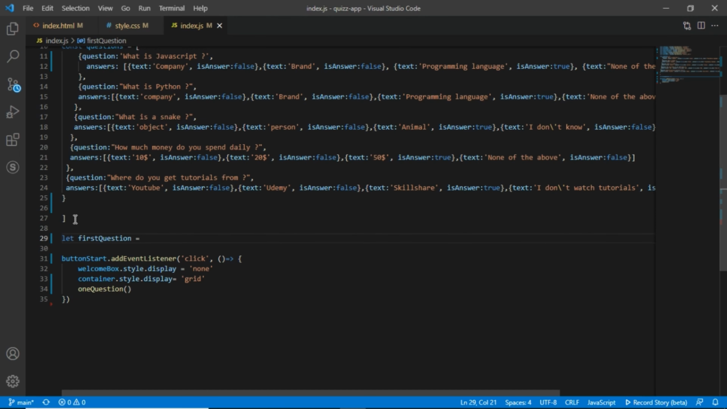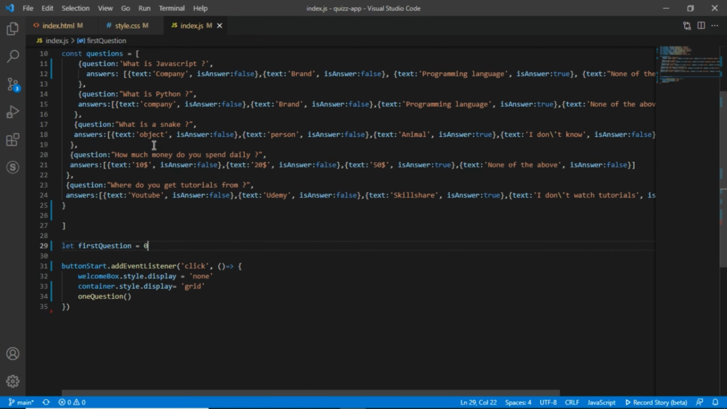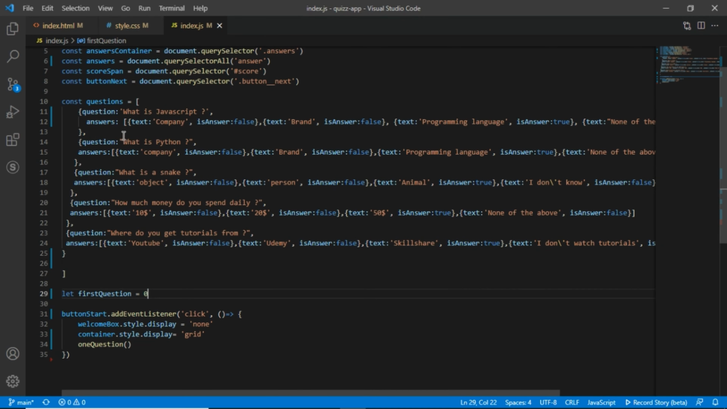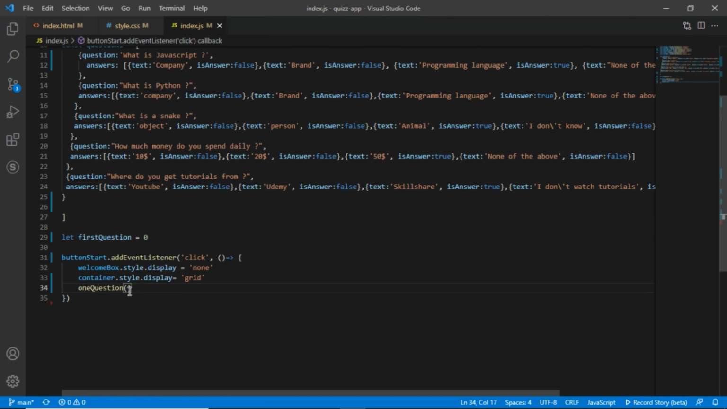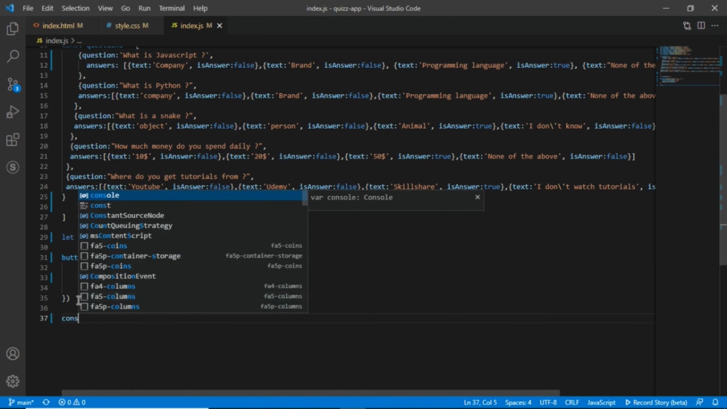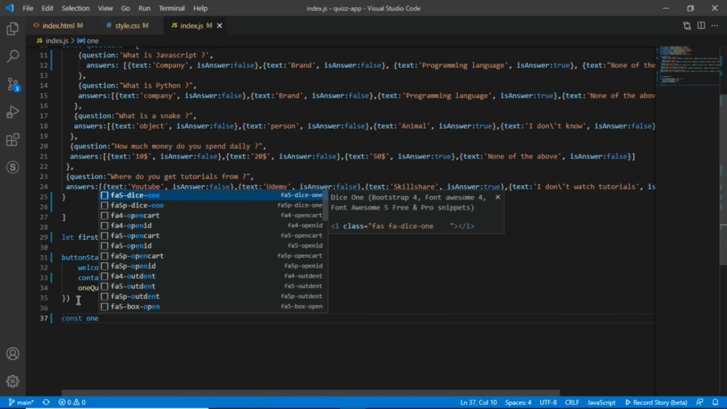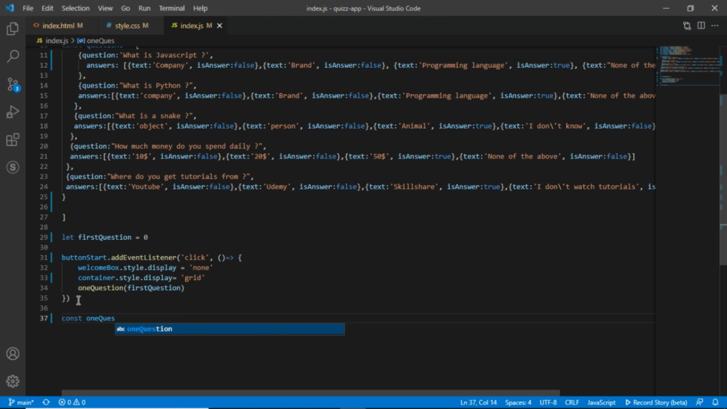be equal to 0. Okay, for now I'll just say the first question should be 0, and this 0 will be coming from this array at index 0. So this, what is JavaScript, is going to be our first question. So this is what you're going to receive here as a parameter. So let me now define that one question, right? Because we can't use it without defining it. So this is going to be equal to that